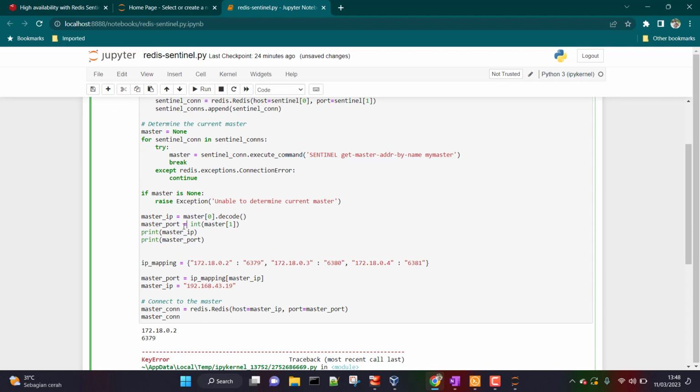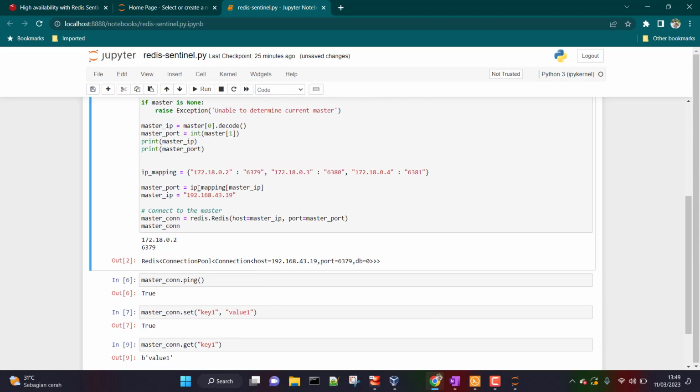So basically I'm asking Sentinel that if you get a reply like this, if you get this IP address, then map it to port 6379. If you get this IP address, map it to 6380. If you get this output, map it to 6381. I think you'll be able to understand it a little better once you practice this by installing Redis on a Docker container. So I'm going to run it again, and this time you can see we have not got any error,